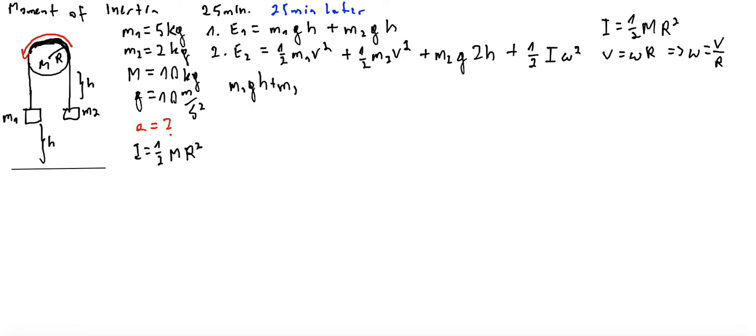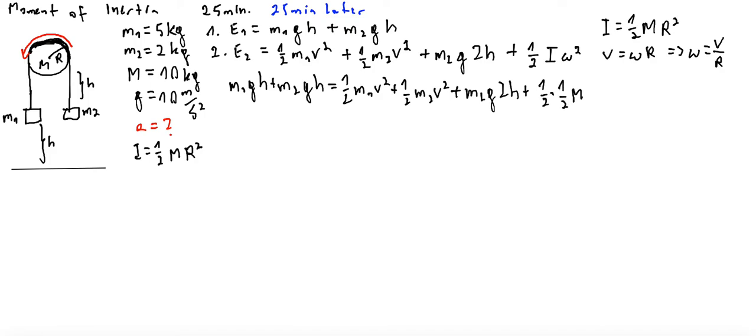m1gh plus m2gh is equal to half of m1 v squared plus half of m2 v squared plus m2 g 2h plus half of, and now moment of inertia, half of mr squared times omega squared, so v squared over r squared. Okay, we can cross something. You see, radius of the disk is not necessary,